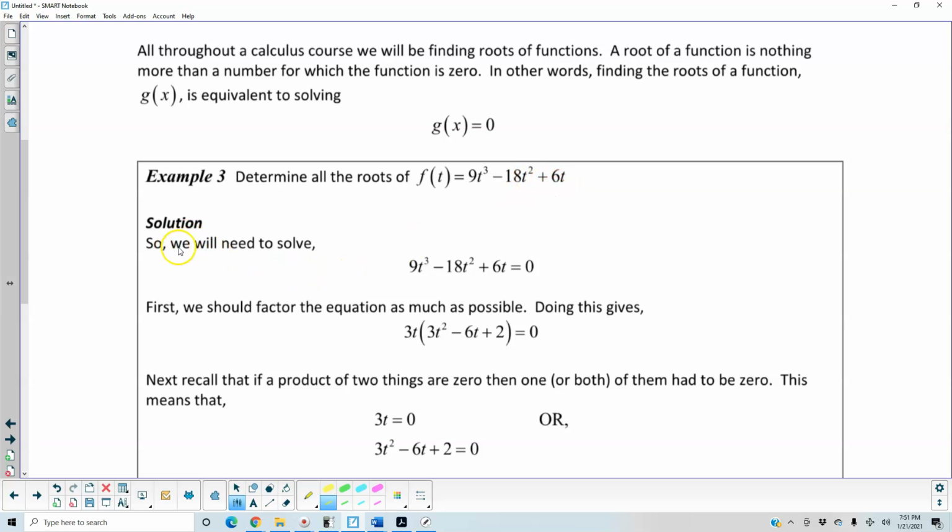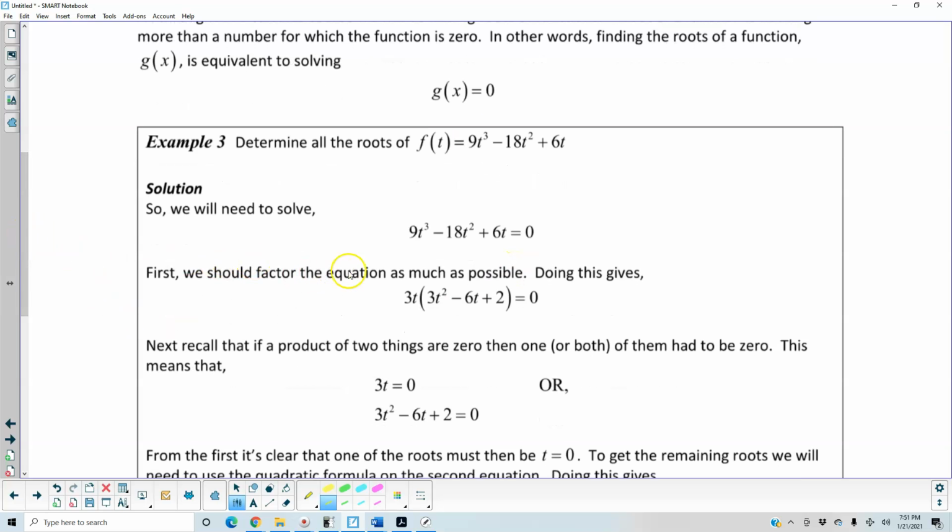So the solution, we will need to solve this equation. We have 9t cubed minus 18t squared plus 6t, and then we're going to set that equal to 0. Now the first thing we want to do is factor the equation as much as possible. So what can we factor out of all three terms? Well, the greatest factor that we can factor out is 3t. So if we factor out 3t, what's left in here is 3t squared minus 6t plus 2, which is equal